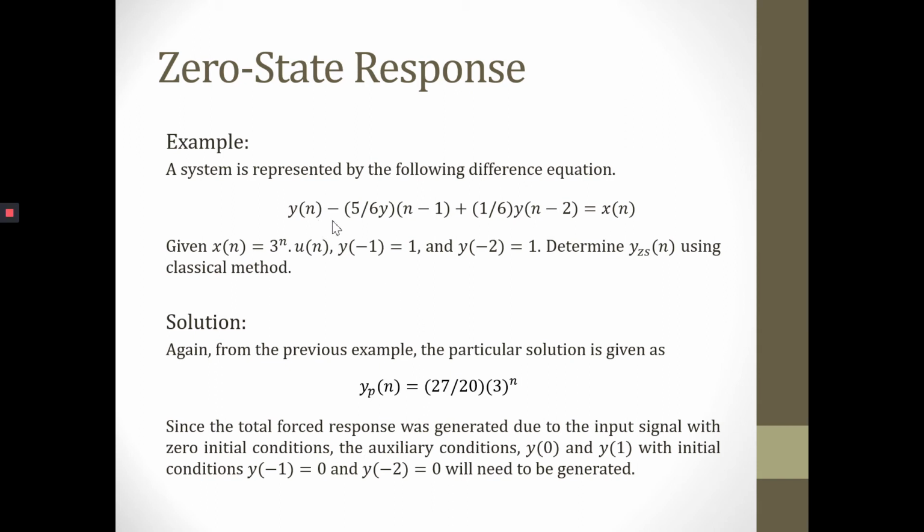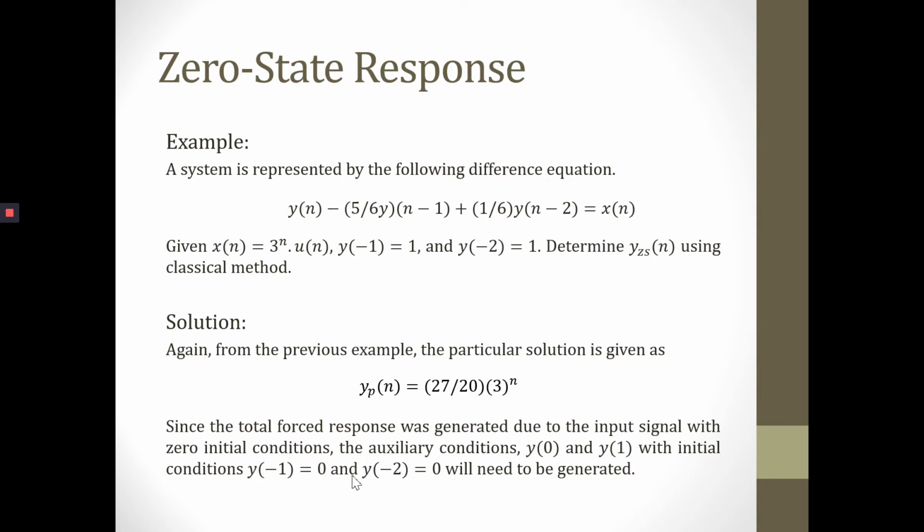Given the example as discussed previously with this input signal and initial condition, but now we want to determine the zero state response using the classical method. From the previous example, we have this equation for the particular solution. For the zero state response, we want to solve using the input signal with zero initial conditions,